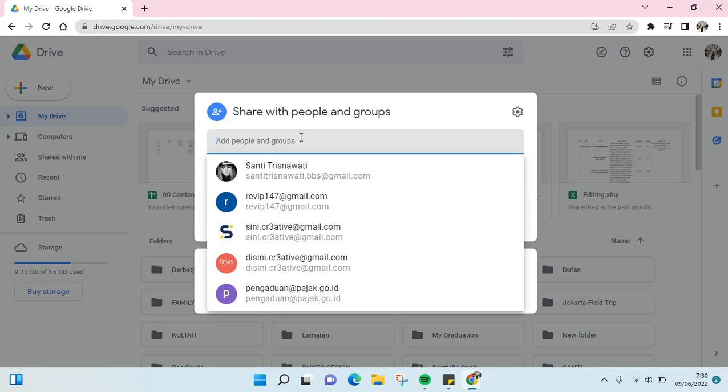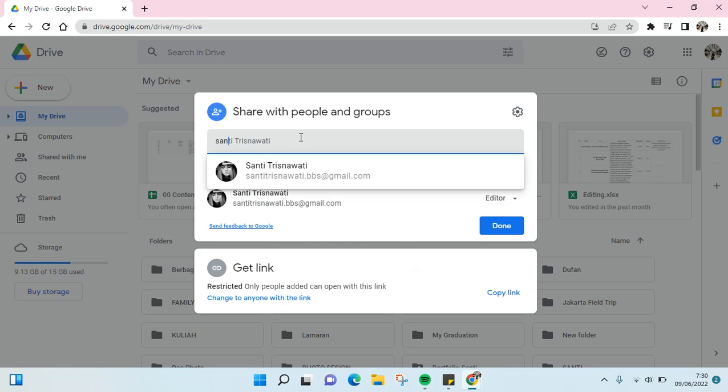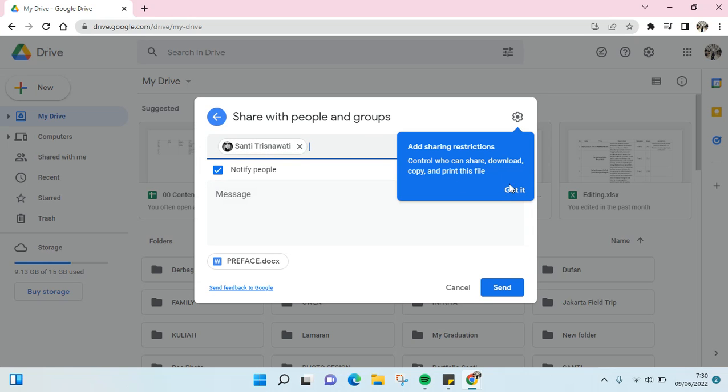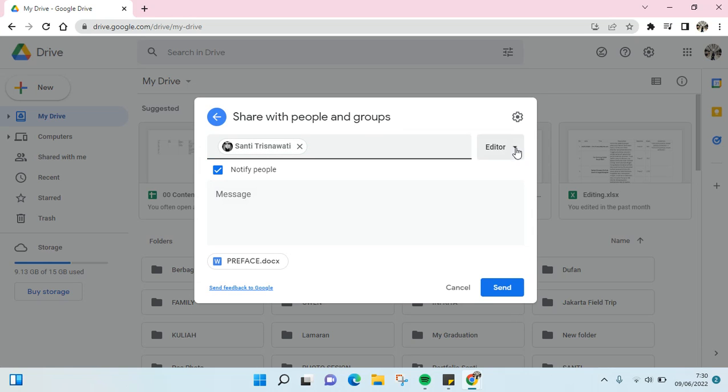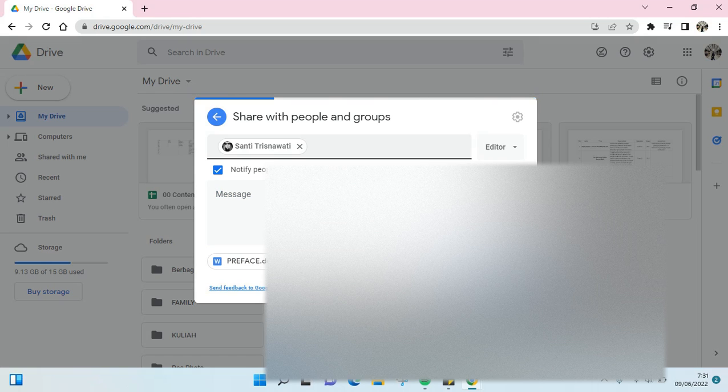For example, just like that, and then you can choose the role of the person as a viewer, as a commenter, or as an editor, and then you can also notify them, and also write a message about this file. And if you're done, just click on send,